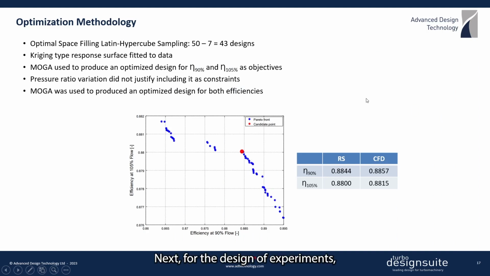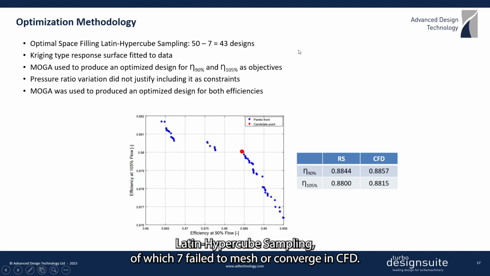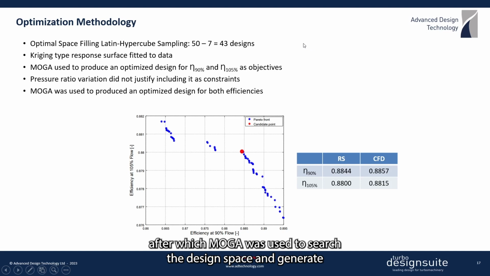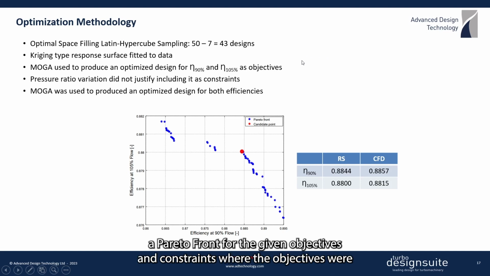Next, for the design of experiments, 50 designs were generated using optimal space-filling Latin hypercube sampling, of which 7 failed to measure convergent CFD. And then a Kriging type response surface was fitted to the data of the 43 successful designs, after which MOGA was used to search the design space and generate a Pareto front for the given objectives